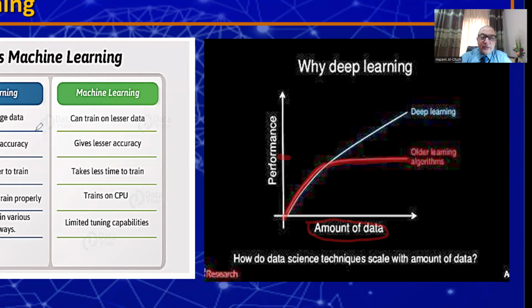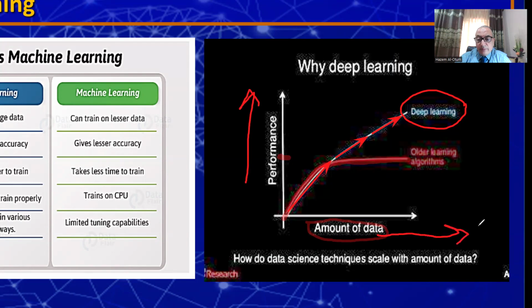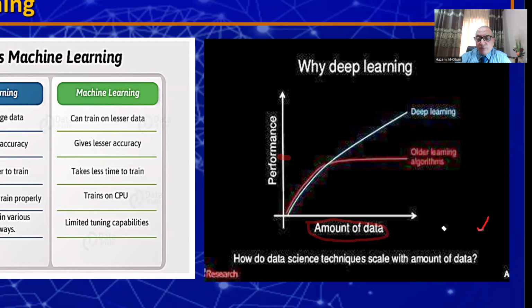However, when we deal with deep learning, here you see that the curve is rising up, and it continues rising with increasing the number of data. This means that in case of deep learning, the approach is more flexible and gives us an ability to increase the performance while it requires also an increase in the input data. This may be a disadvantage, but it's still when we increase the performance and improve the performance of our system, this means that we are on the right way to improve the performance of our systems in general, at the expense, of course, of having